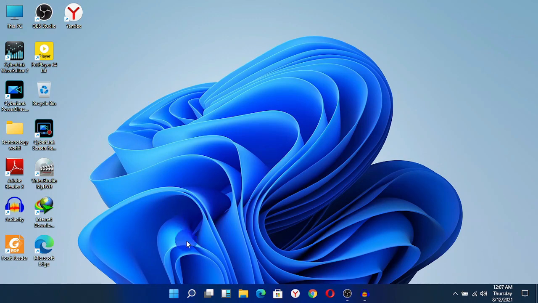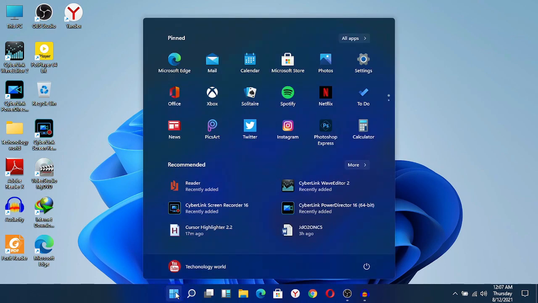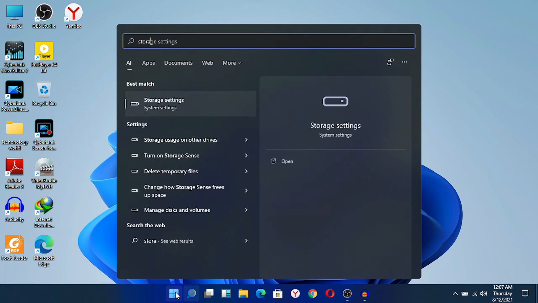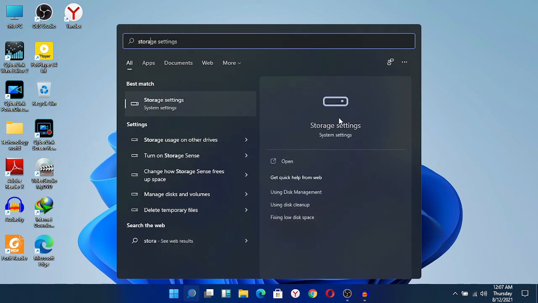So the first method is go to start and type down the storage. So you can see here,